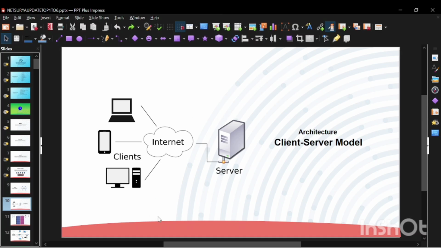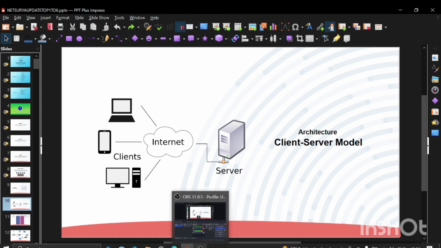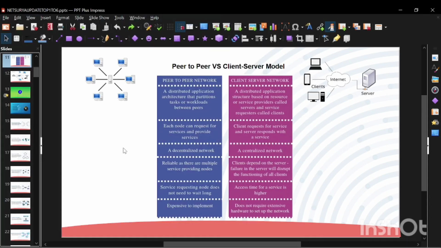Now the next topic is the difference between P2P and client-server architecture. So next topic is peer-to-peer versus client-server model. Imagine you are using a torrent app to download a movie. The app does not connect to a single central server. Instead, it connects you to other users, called peers, who already have part of that movie file. You download small pieces from multiple peers at the same time, and while you are downloading, others can also download pieces from you. There is no central server, it's all direct sharing, user to user, no middleman, just a community of devices working together. That is called your peer-to-peer model.